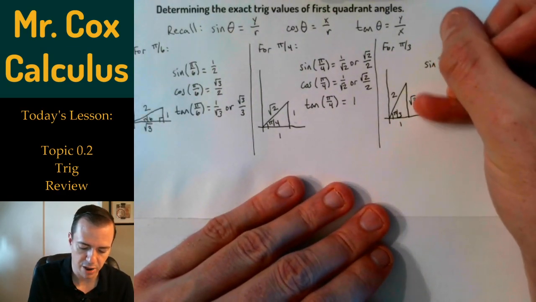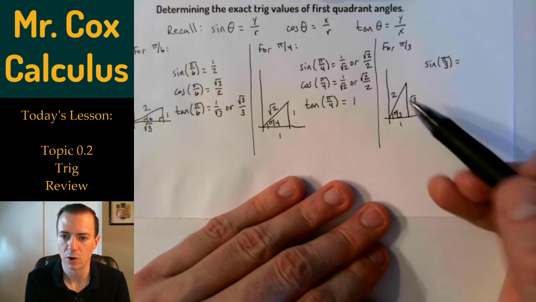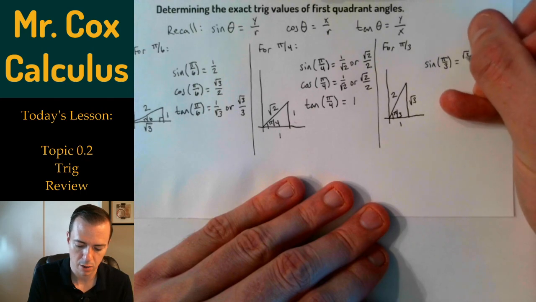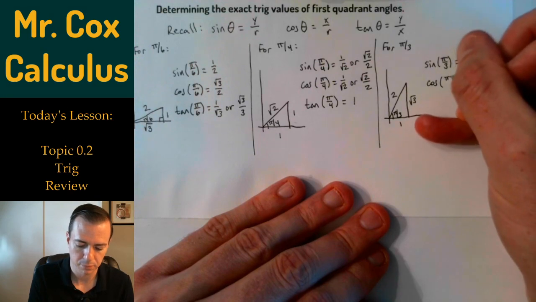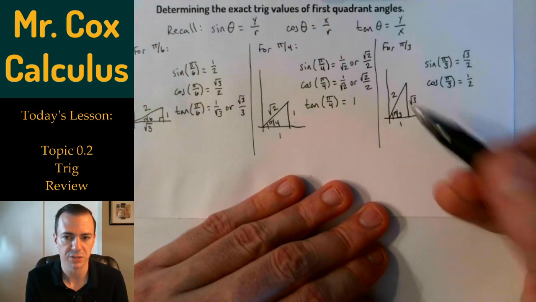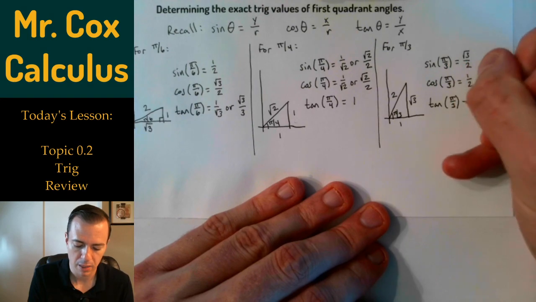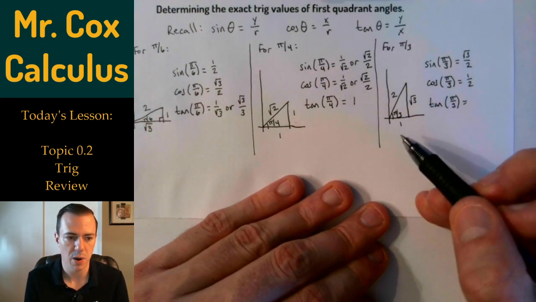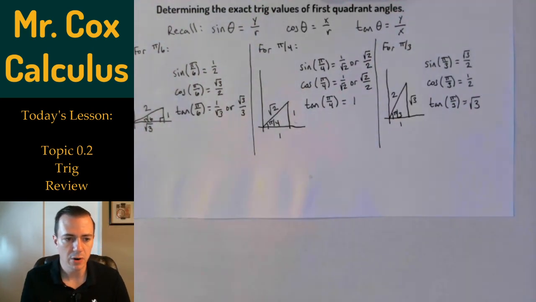So the sine of pi over 3 is equal to y over r, which is the square root of 3 over 2. The cosine of pi over 3 is equal to x over r, which is 1 over 2, and the tangent of pi over 3 is equal to y over x, square root of 3 over 1, which is just the square root of 3. So there are the sine, cosine, and tangent values of our first quadrant angles, pi over 6, pi over 4,